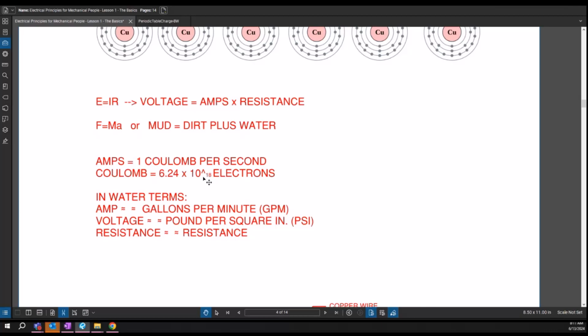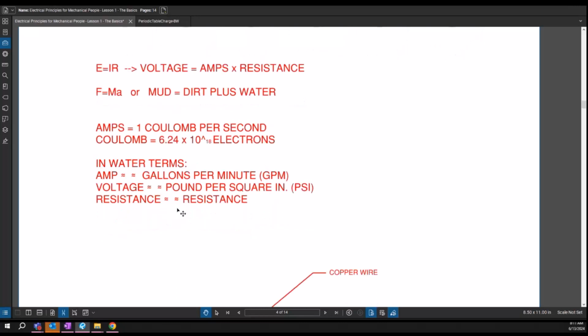Yes. Okay, cool. All right, now to put this in water terms, which most people understand a little bit better, you can think of amps like your gallons per minute. It's electrons per second, gallons per minute, right? And then your voltage is your pressure, which in this case is PSI, and then resistance is still resistance,